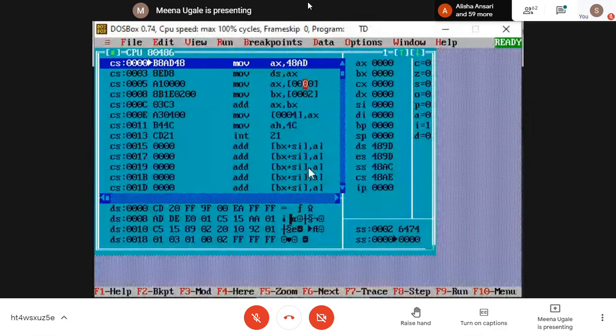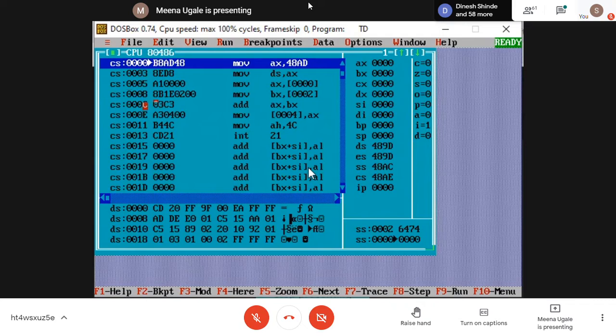This number is the base value of your data segment. From this location, your data segment is starting. So what I am doing, I need to first load the data segment, and then it will go for loading my numbers. Secondly, we have written move AX comma N1, move BX comma N2. But here I am not finding N1 and N2, but I am finding in the square brackets some memory location numbers. So these are the location numbers or offset values from your data segment.